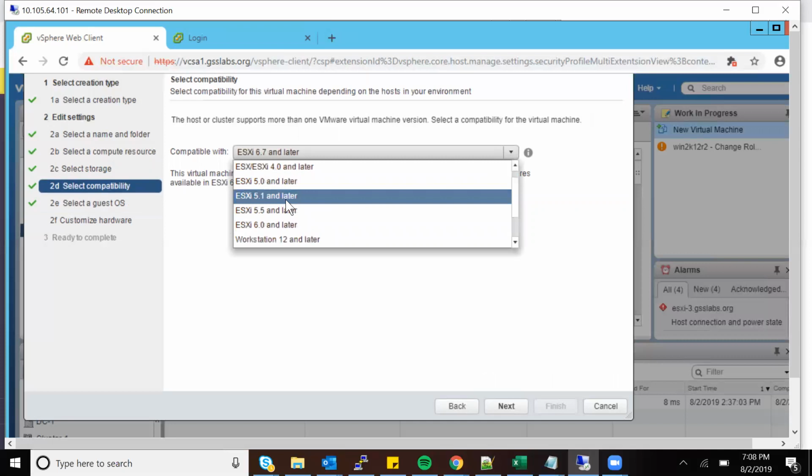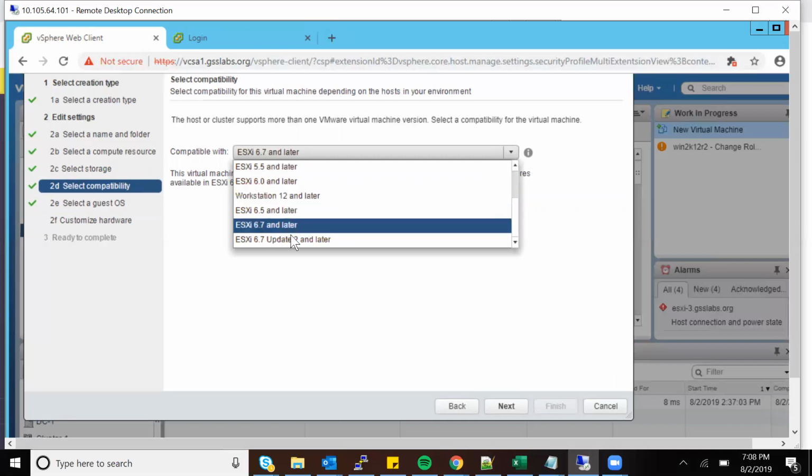So this is another feature where the VMware virtual machine also has some set of drivers. The driver depends upon the options which you are choosing here. If you want a Windows workstation, you can choose workstation.